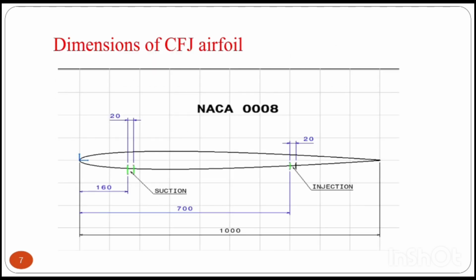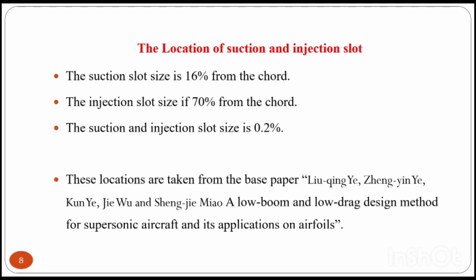For the dimensions of the airfoil, we take the NACA 0008 airfoil. The suction port is located at 160 mm from the leading edge, that is 16 percent. The injection port is at 70 percent of the chord length. Both the suction and injection slot size is 20 mm. The location of the suction and injection slots: these locations are taken from the base paper, the low boom and low drag design method for supersonic aircraft and